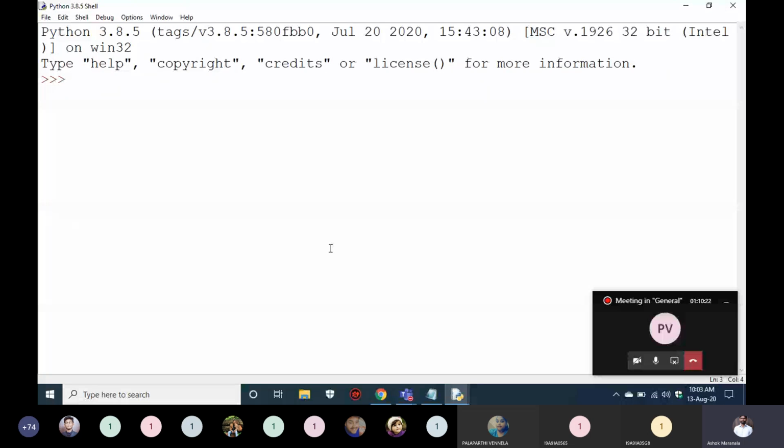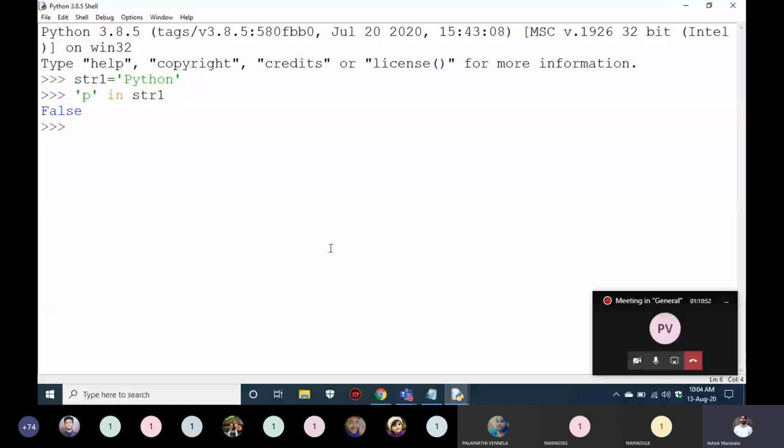For example, I have a string, str1 equal to Python. I'm checking whether p is in str1 or not, whether p is a member of Python or not. Yes, there is a p, right? P is a member in Python, so it gives you,